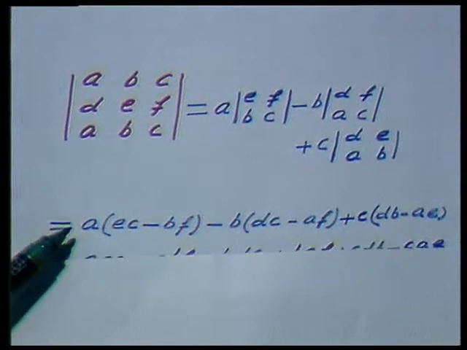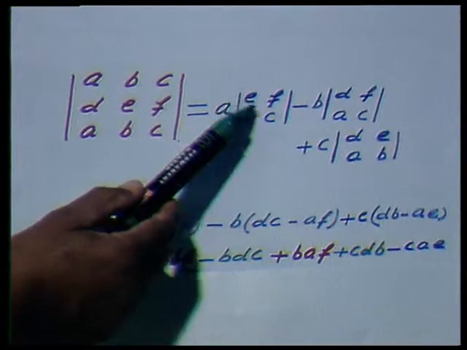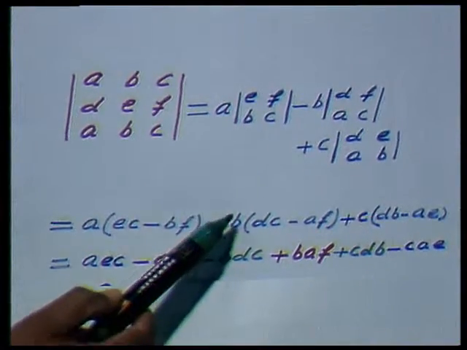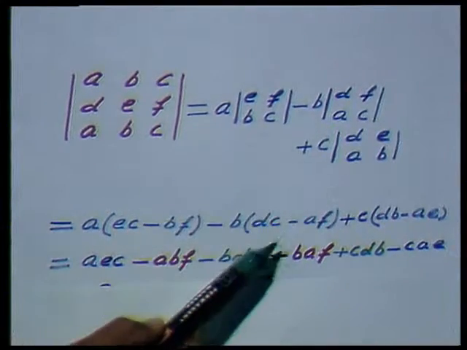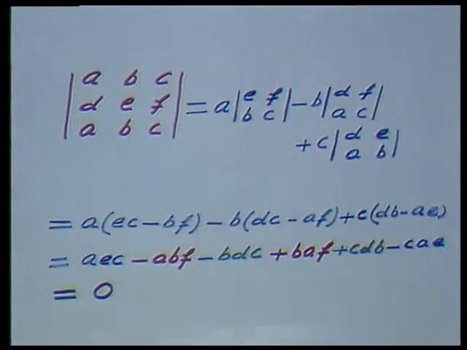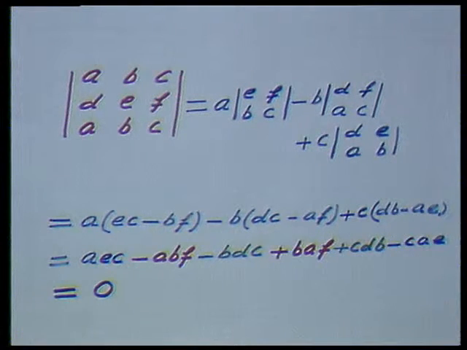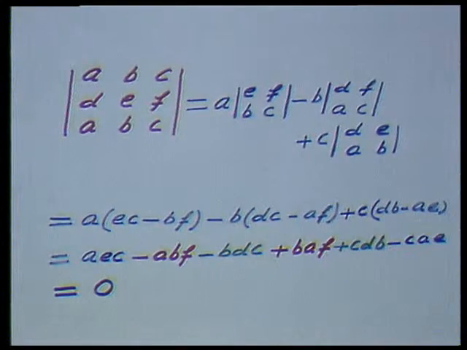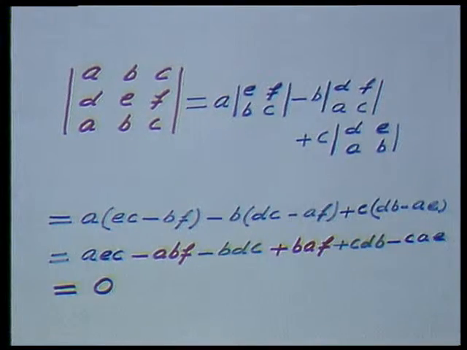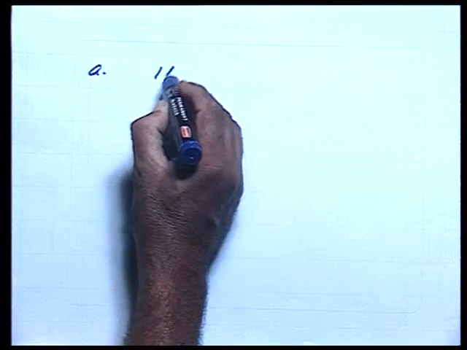When we expand this, we get this a into this e c minus b f, and then b, the value here, and this value here. And further, when you expand, you will find that the values intercross, and once again the answer that you are getting is 0. Having seen these properties, before we go on to the next property, we want to once again recollect the two properties that we have already done. What were those? The first one about the identical